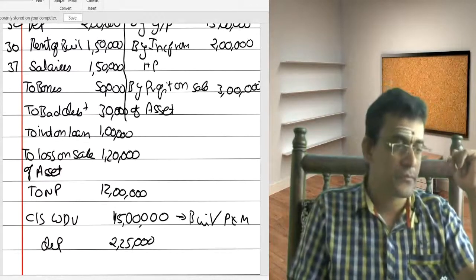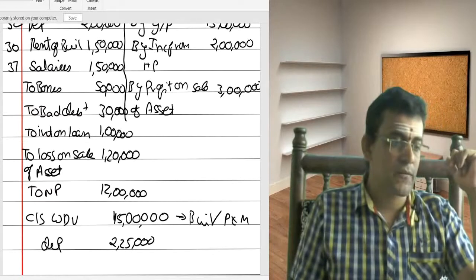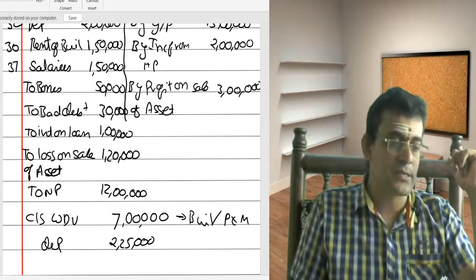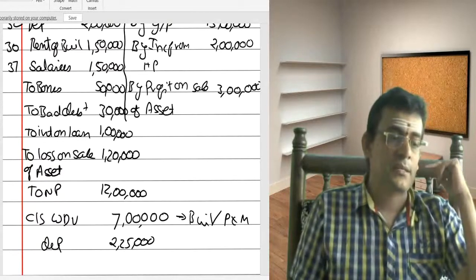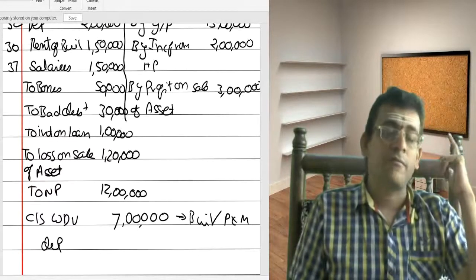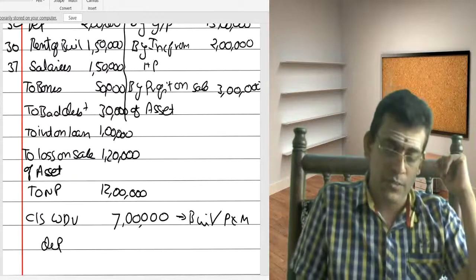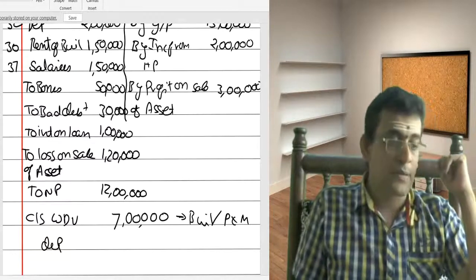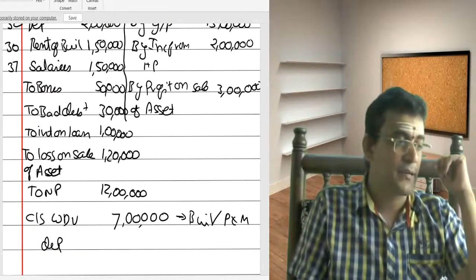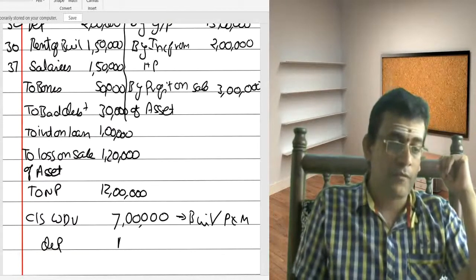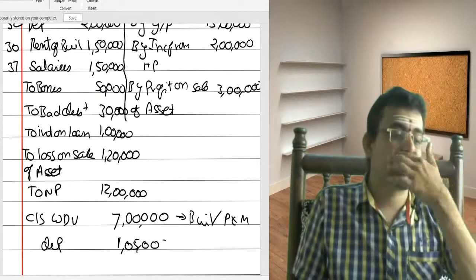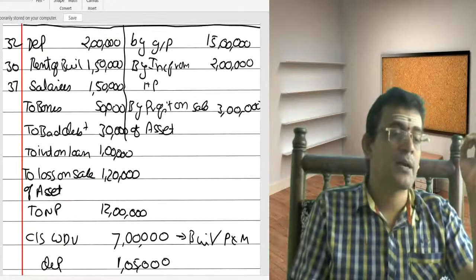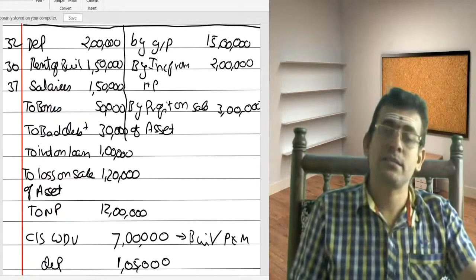Or let me change that. Let me change the value of the asset here. Let me consider as an example, the value of the asset is 7 lakhs. Now if the value of the asset is 7 lakhs and the asset is a plant, the rate of depreciation is 15%. So 7 lakhs into 15%, you can take a depreciation of 1,05,000. So if this is your WDV, you can take a depreciation of 1,05,000. But how much was debited? You had debited 2 lakhs. You can't take 2 lakhs as deduction.